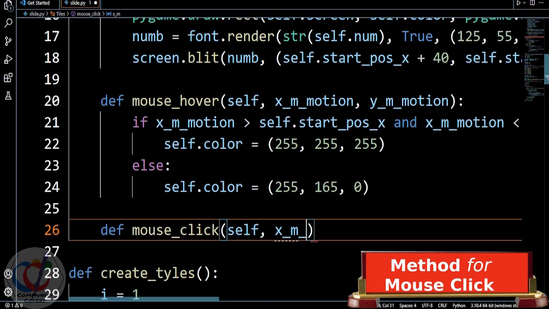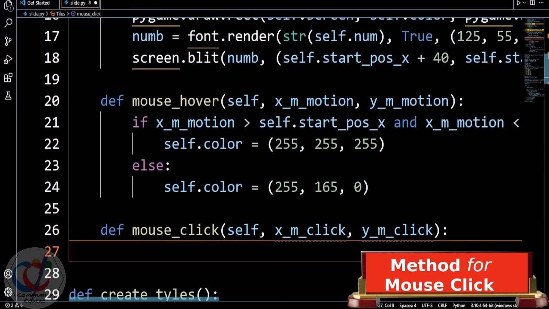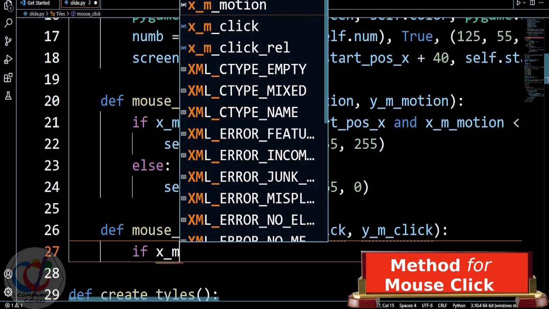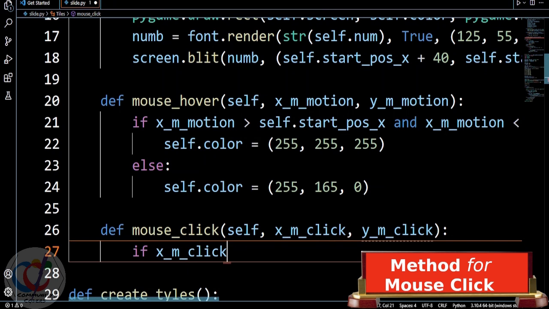Yeah, self, we shall have to pass mandatorily self and this XM click and YM click. These two variables I have taken. So I shall pass these two variables, mouse click. Now if XM click,